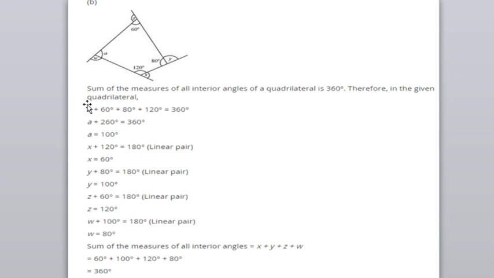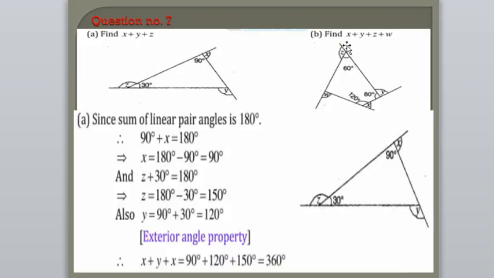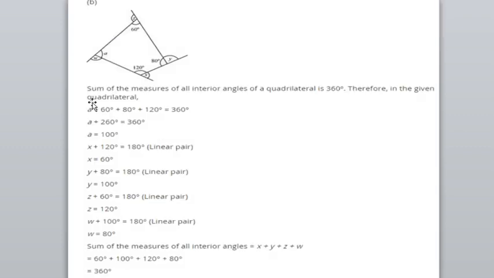In B, a polygon is given with 4 sides and 4 angles, and here we have to find, as given in the question, X plus Y plus Z plus W. So here the sum of the measure of all interior angles of a quadrilateral is 360 degree. We know the sum of the measure of all interior angles of a quadrilateral is 360 degree. Therefore in the given quadrilateral, what is given,